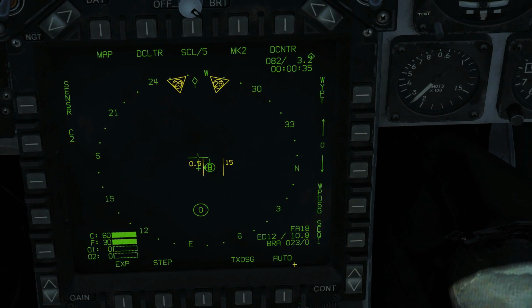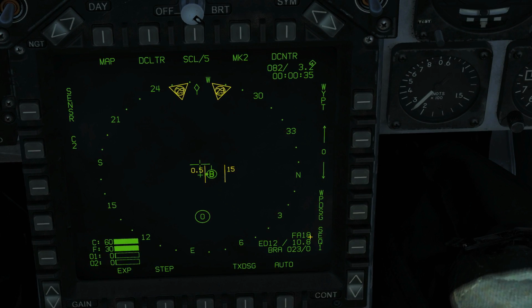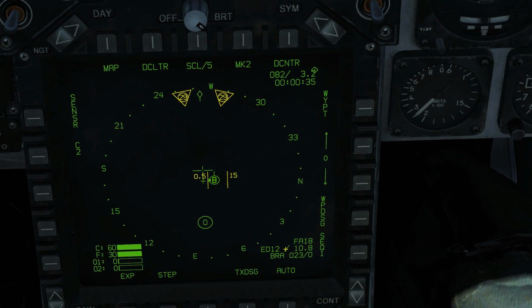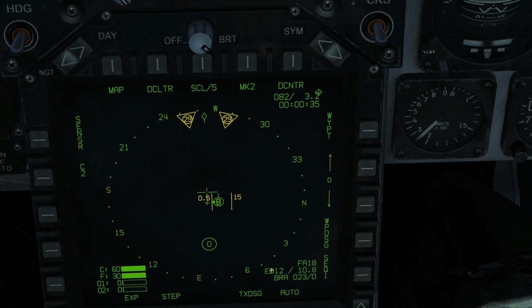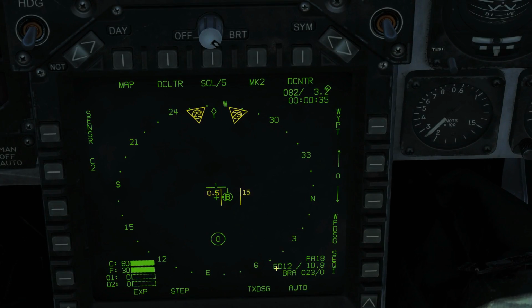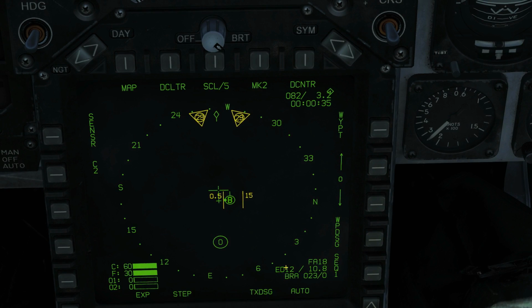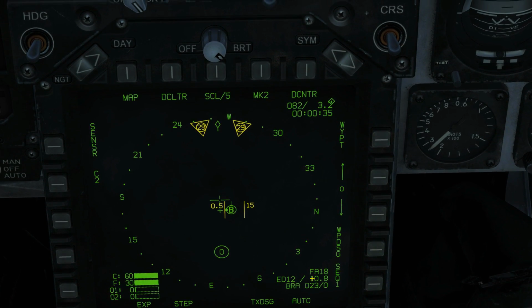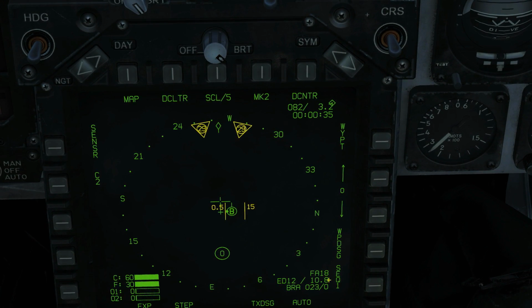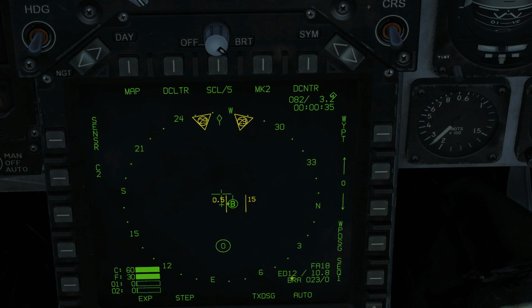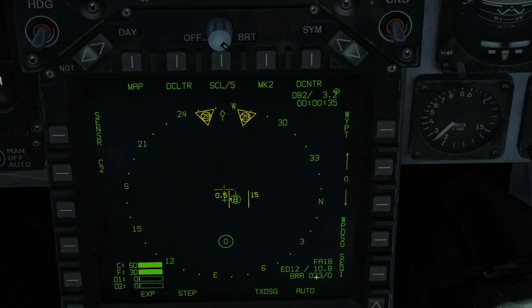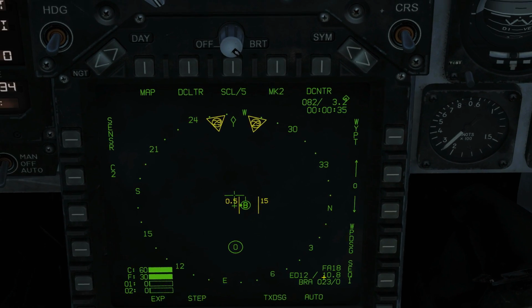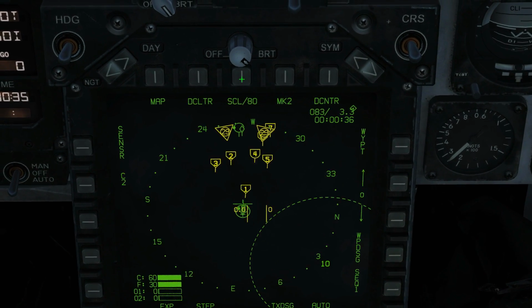We could see now that he is an FA-18. He is ED12, which means the first and the last letter of his name. That was Enfield, and he is Enfield 12. He's got 10,800 pounds of fuel on board, and his BRAF from me to him is 02340 miles. And if we zoom out again,